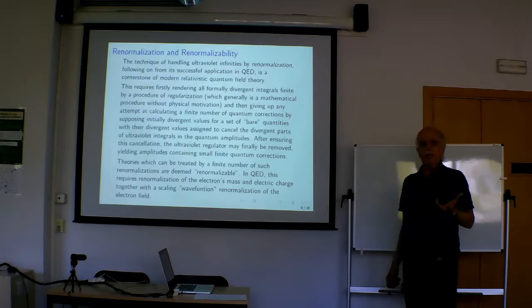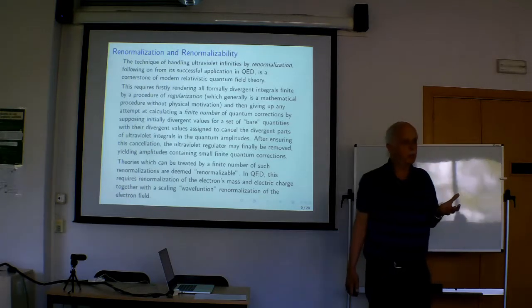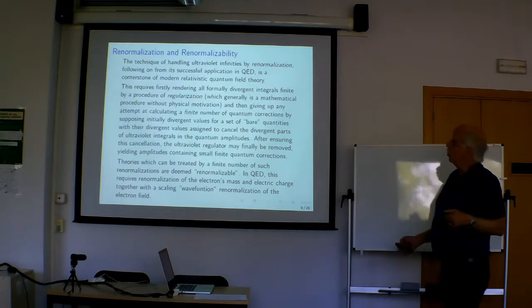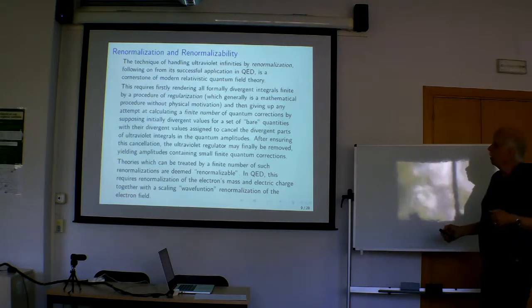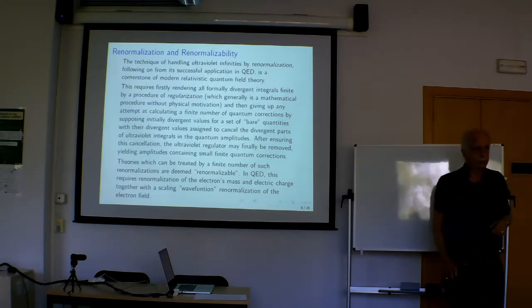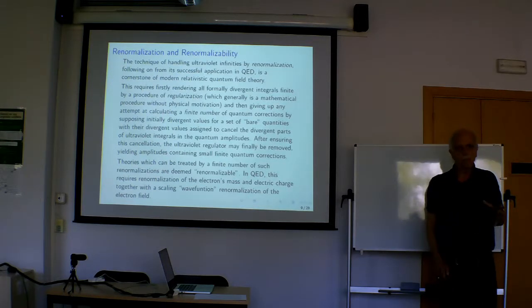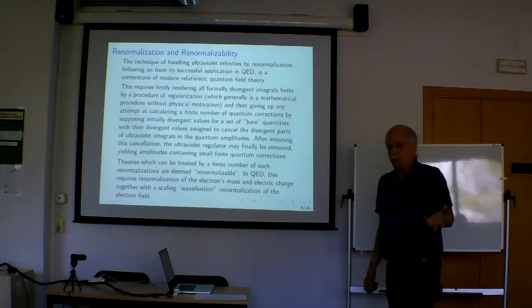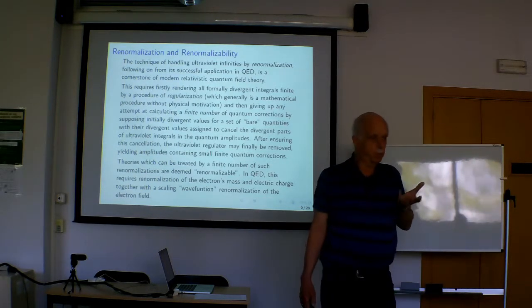The first thing is to make it definite what you're talking about. You just can't write a sideways 8 and say that's it. You have to make the formally divergent integrals finite by a procedure we call regularization. So there are various styles of regularization. One style of regularization is to take these integrals over space and time,